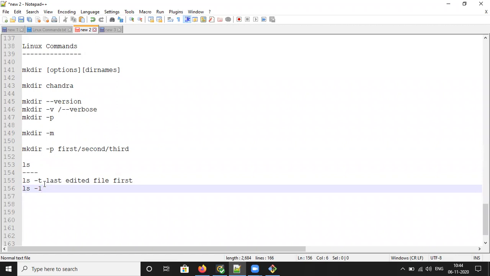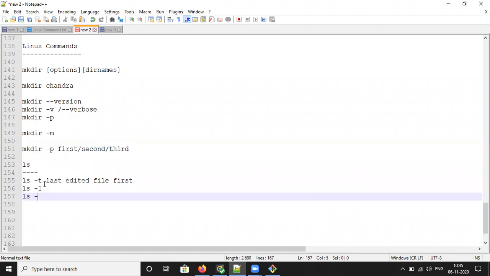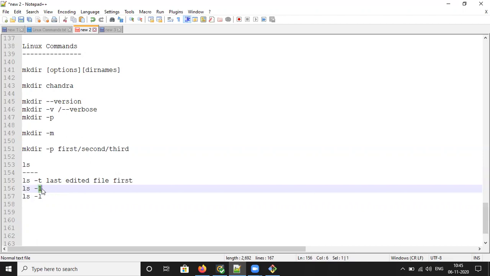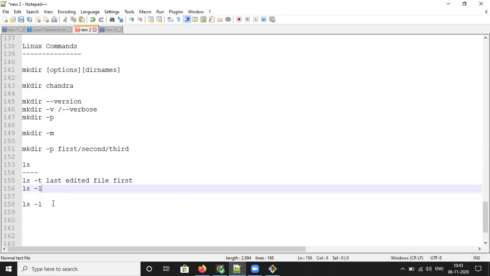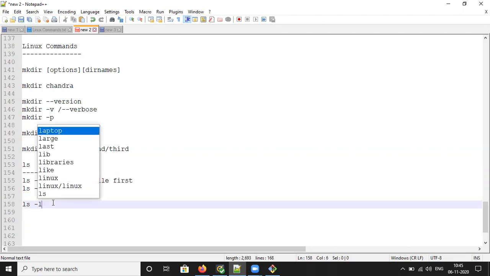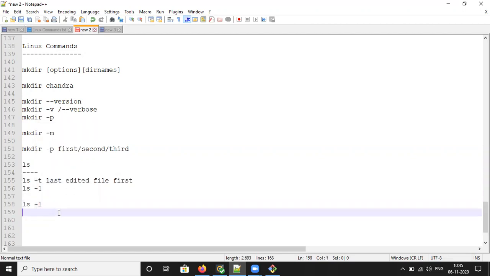Then ls -l is a long listing of files, with information about the file or directory. We'll discuss it in a practical example.